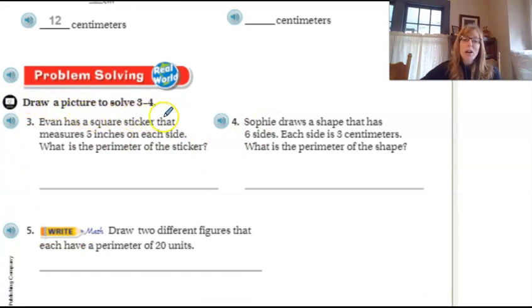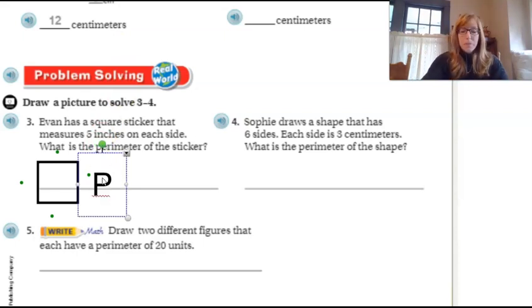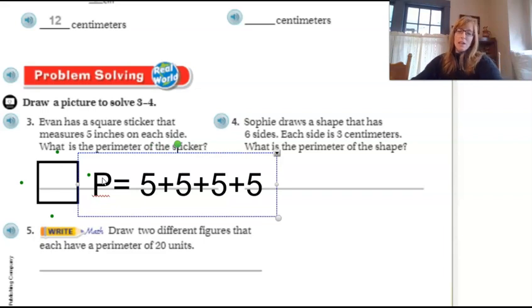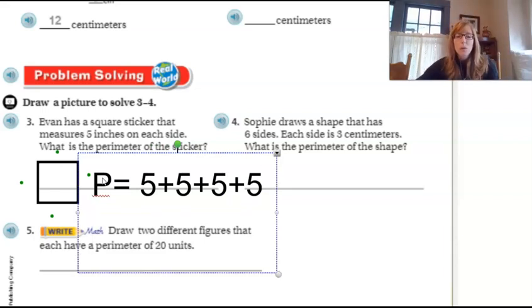Okay, Evan has a square sticker that measures 5 inches on each side. So if we have a square sticker right there, and it's 5 inches on each side, so it's 5 here, 5 here, 5 here, and 5 here, hopefully you're seeing that perimeter equals 5 plus 5 plus 5 plus 5, and then you should be able to see that the perimeter equals 5, 10, 15, 20. So perimeter equals 20, and you have to look at it, it's inches,